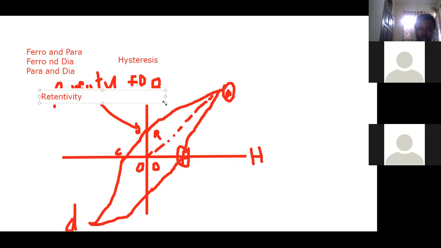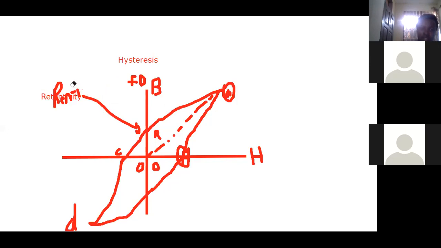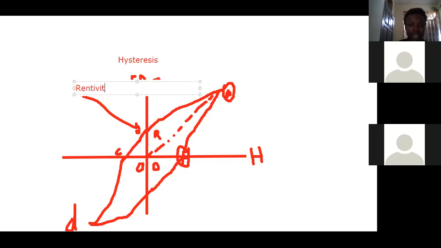Now, when we say retentivity, just as I already explained, when you have a ferromagnet, because of the properties of the ferromagnet, even after taking away the external magnetic field, you will still get some magnetism in it. I remember I told you that.